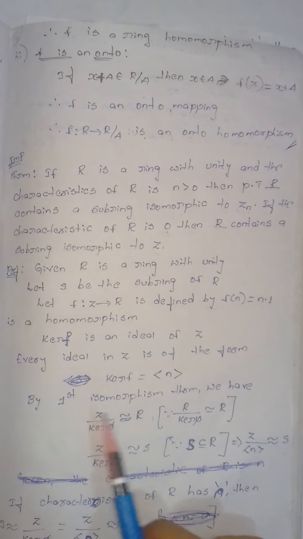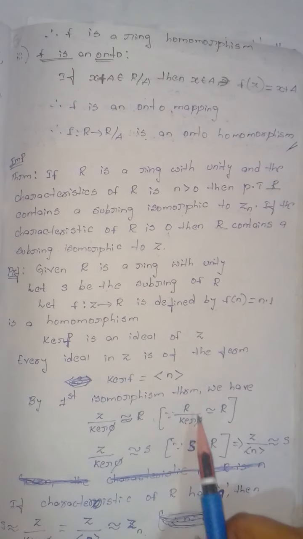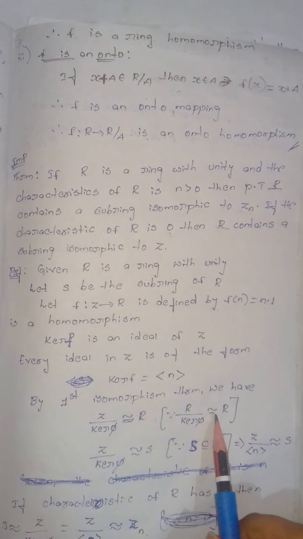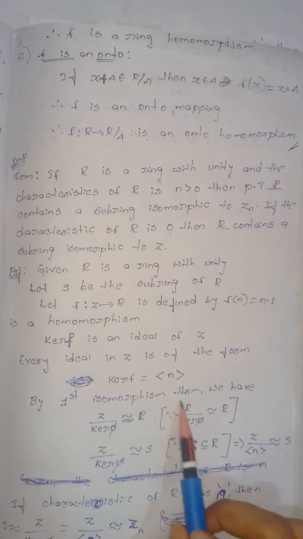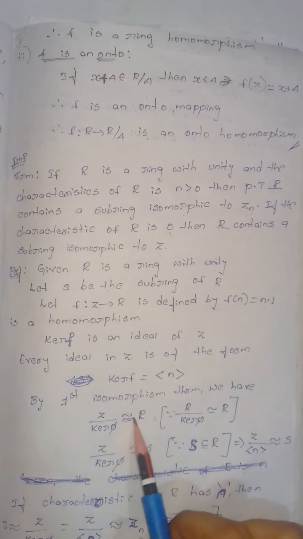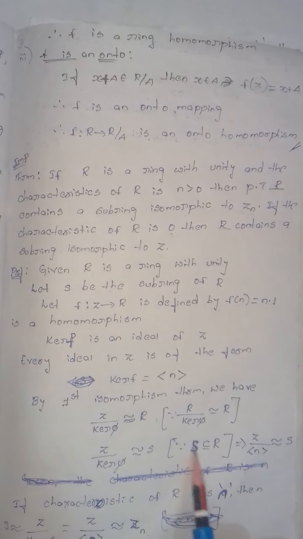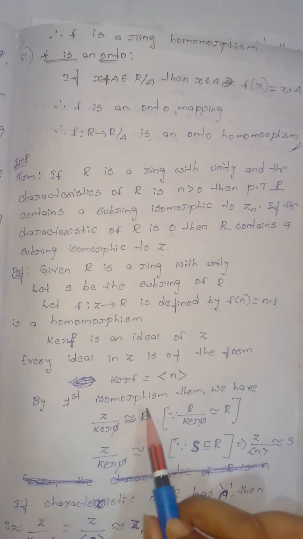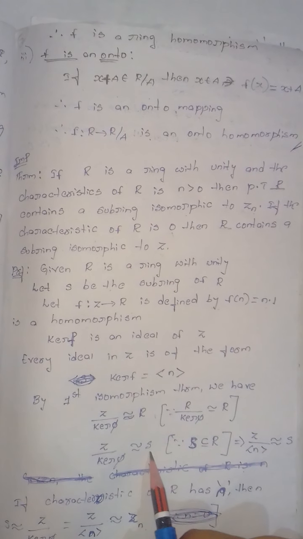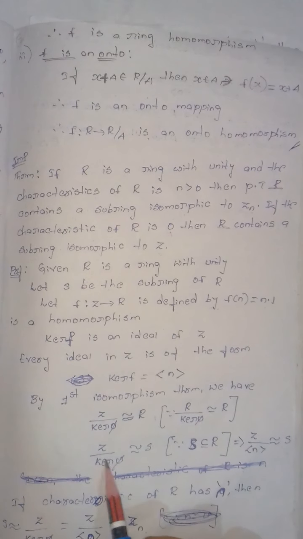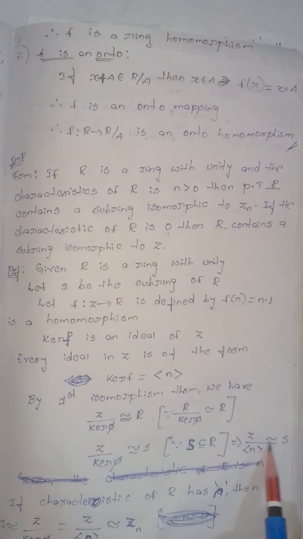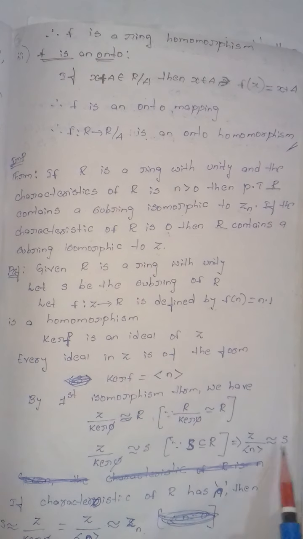Now from the proof of the first isomorphism theorem, we have proved that R by kernel pi is isomorphic to Z. Means in here R is Z, means Z by kernel pi is isomorphic to R. Since S is a subset of R, because it is a subring, it will be a subset of the ring R. So in the place of R we can replace it with S. Now Z by, what is kernel pi? Here we took it as the generator n. Substitute in the place of kernel pi the generator n, isomorphic to S. Now proving the first case by taking the characteristic of R as n.